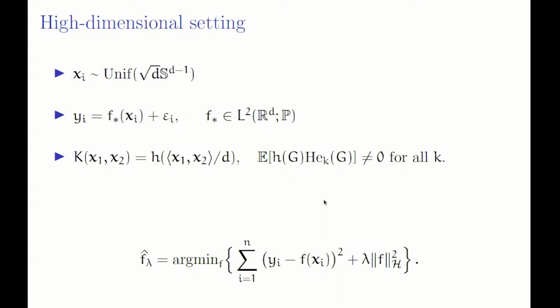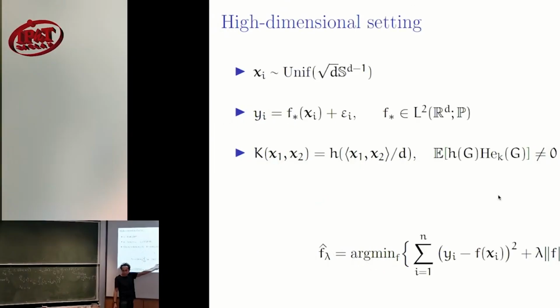It's worth mentioning, and I don't have time to go over it, that there is a whole theory of kernel ridge regression. One very elegant way to formulate this method is to do regression in a non-parametric way. So instead of having finitely many parameters and then going to infinity, you directly minimize the square loss within the space of functions, and you add a quadratic penalty in f that is the square of what's called an RKHS norm. This is a Hilbert norm that can be defined abstractly in general.